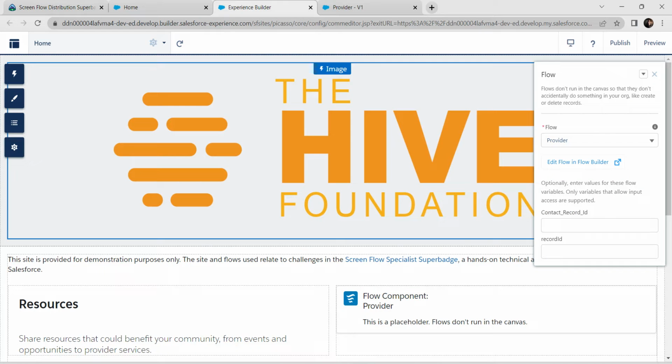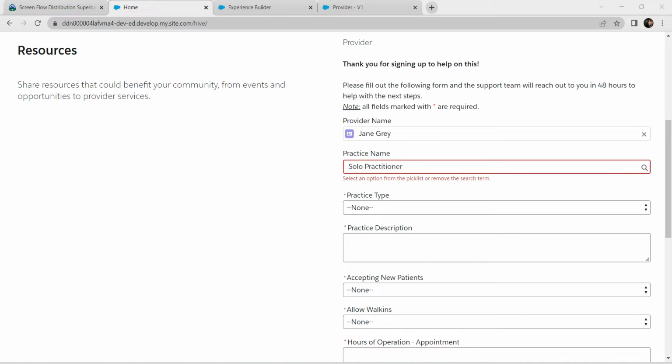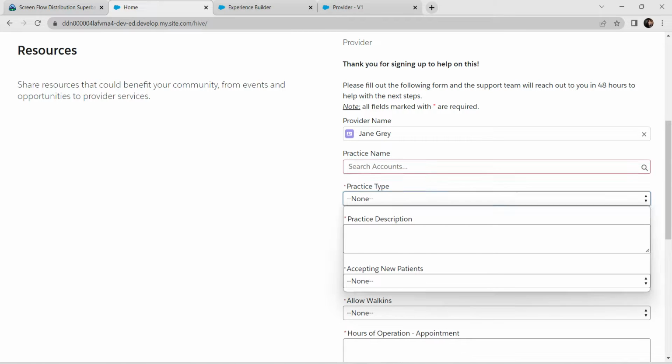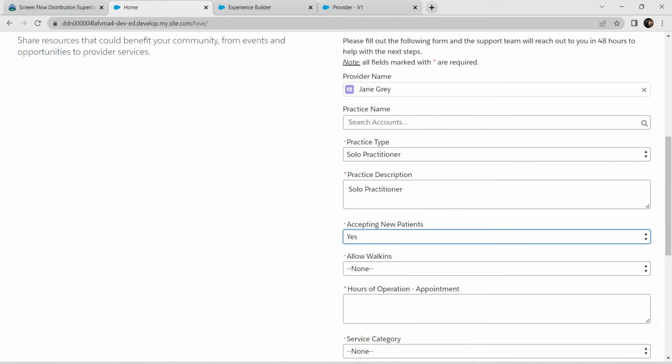Copy that. So yeah, we have to give this in practice type. So click solo practitioner, and for description give solo practitioner, and here we have to search for S,